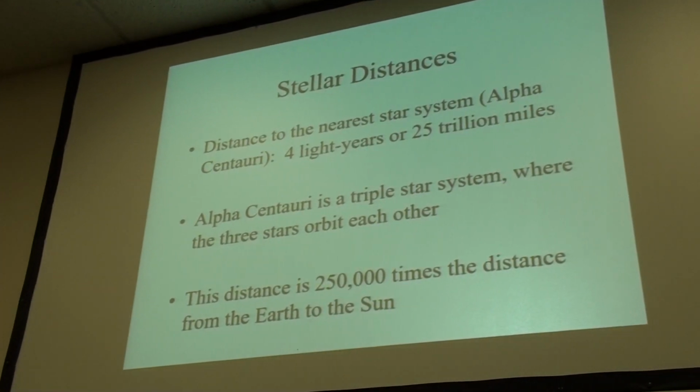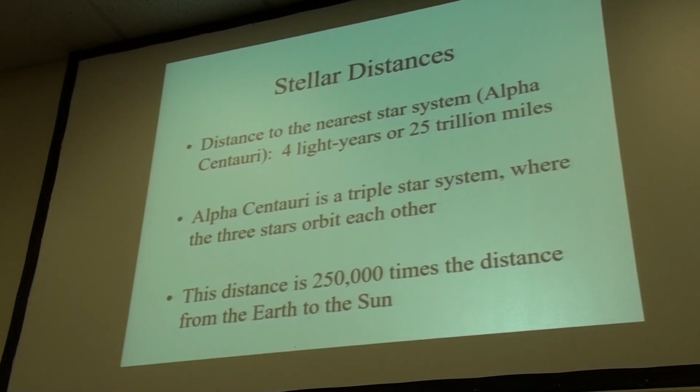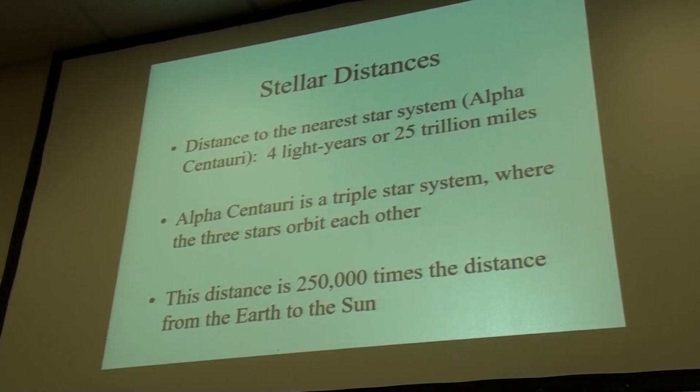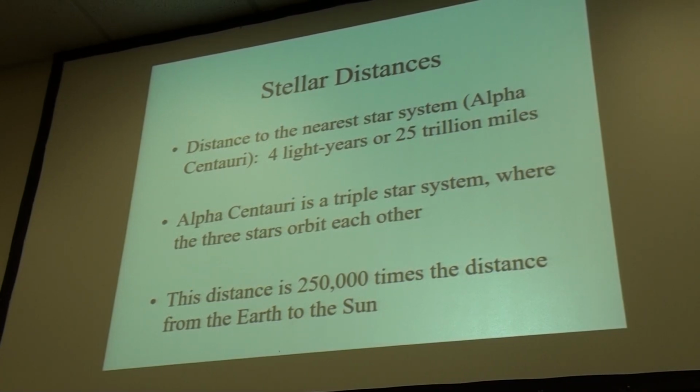And let's see then how far away some of these distances are. Okay, so here the distance to the nearest star system, which includes Alpha Centauri, also Proxima Centauri, part of a triple star system, our nearest star system. And of course, this is outside of the Sun. You go, well, what's the nearest star? And some people will say, well, the Sun. And, well, yeah, but here we're talking about the next nearest star.